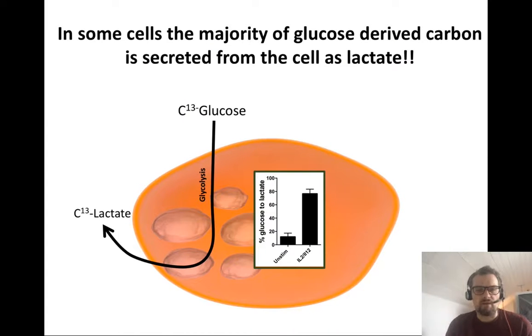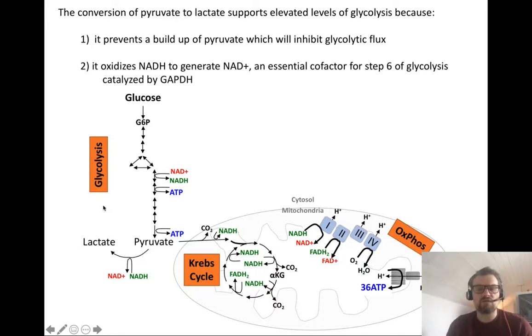In fact, in some cells, this is some of the metabolomics we did in our NK cells, and you can see here, when we activated our NK cells, almost 80% of all the glucose molecules that were taken up into the cell were secreted as lactate. So why do they do this? And there are 2 reasons for this. The first reason is that